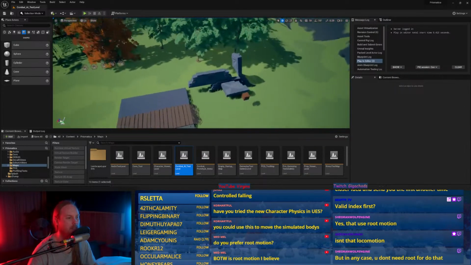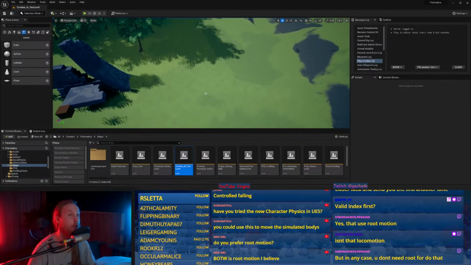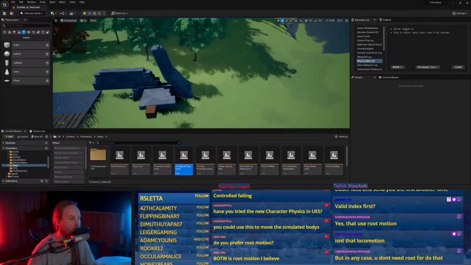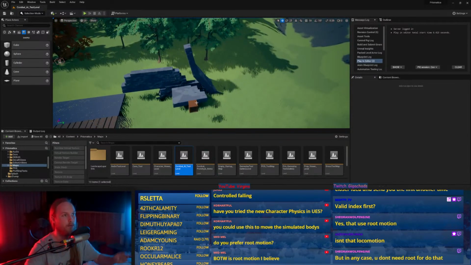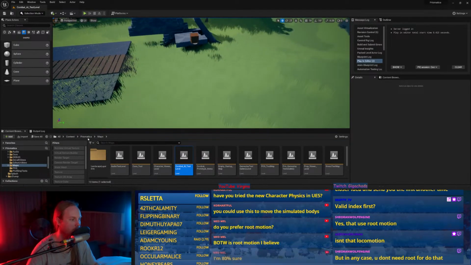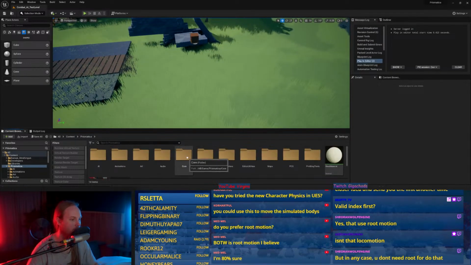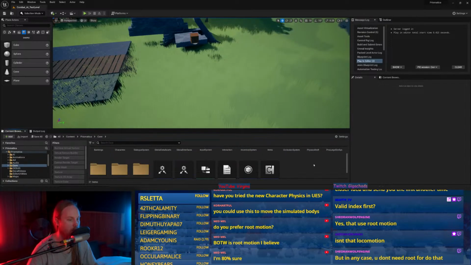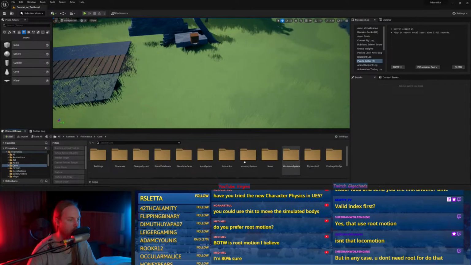It's too snappy to be... I mean, their turnaround animations are probably root motion. You can do a blend of capsule and root motion. All of my attack and action animations are root motion, but everything else is capsule.